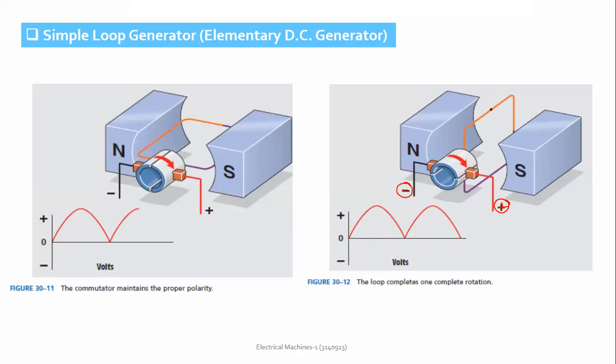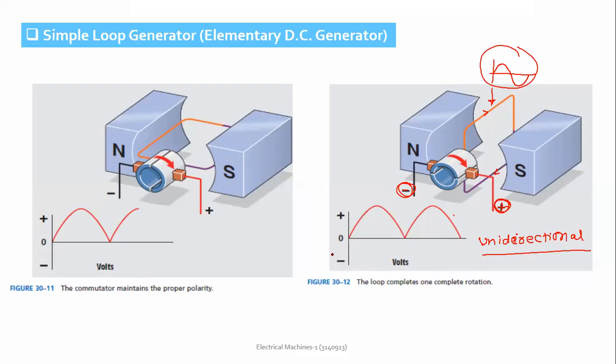make the generated EMF in the coil unidirectional. Actually, the EMF induced in the coil here is alternating, like this. But due to the commutator action, one brush will always remain positive and the other will always remain negative. So although the EMF induced in the coil is alternating in nature, the EMF that we receive at the brushes on the commutator segments is unidirectional. I hope this point was clear in the previous class,